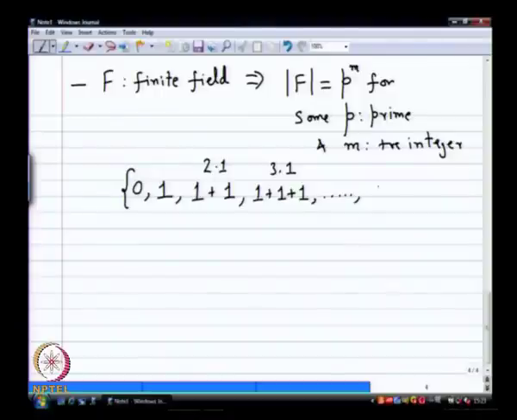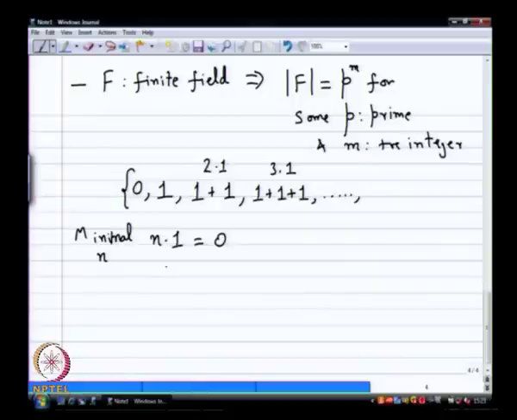So there has to be a minimal n times 1 which will become 0. Okay. So this is the minimal n such that n times 1 is 0 in this field. Okay. So now without too much effort you can show that this n has to be prime. Okay. So maybe with too much effort, I don't know, you can show that n has to be prime, because